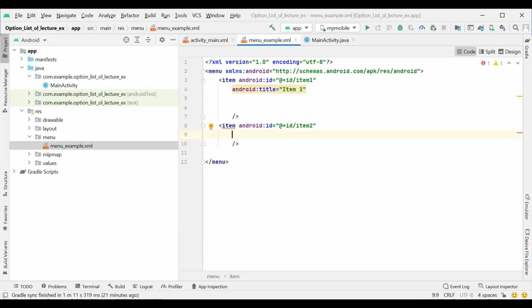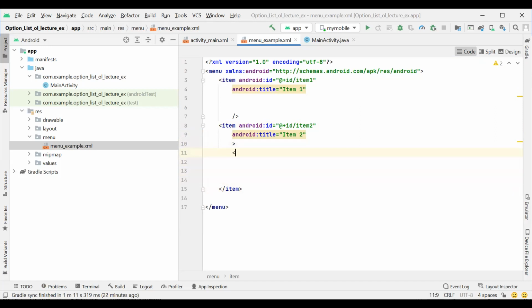Here we specify the title, item 2. Suppose we want to create a submenu under this, then we change its style. So in the second item, we create a submenu.